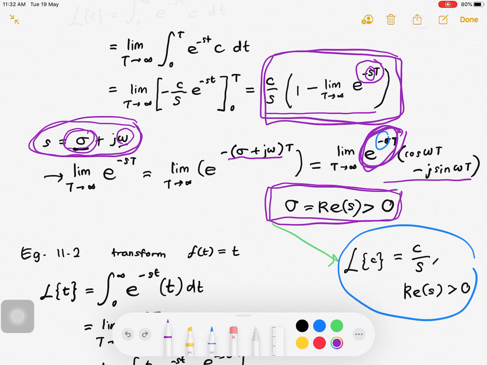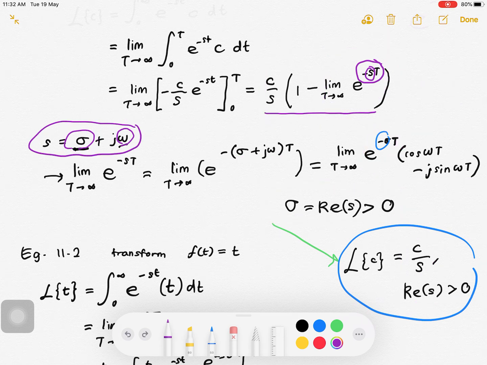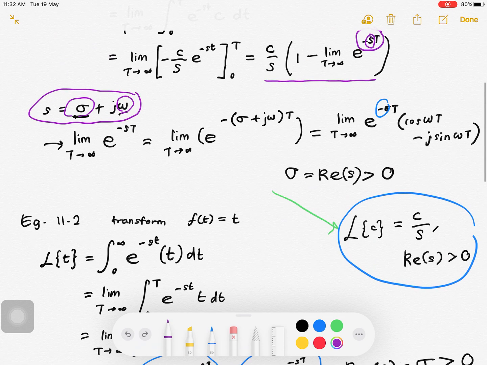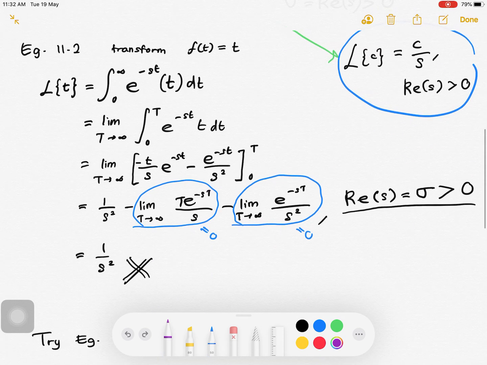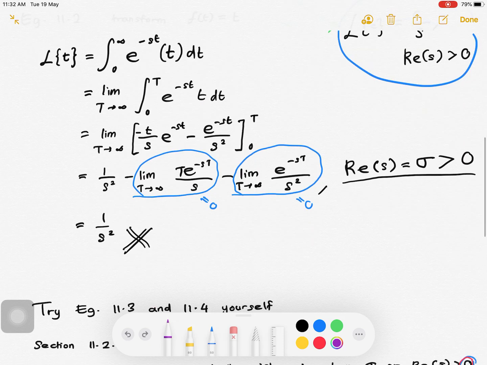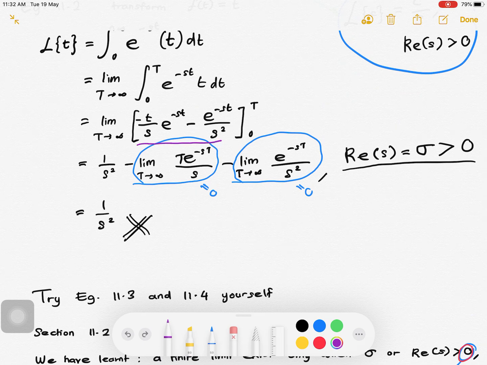Okay, now we go to the next example. In the next example, the function is slightly different, but the type is different. Right now it is equal to t. So what will happen? Again, we replace t inside the function right here, and then we put this kind of equation, the limiting case, and we solve the integral,